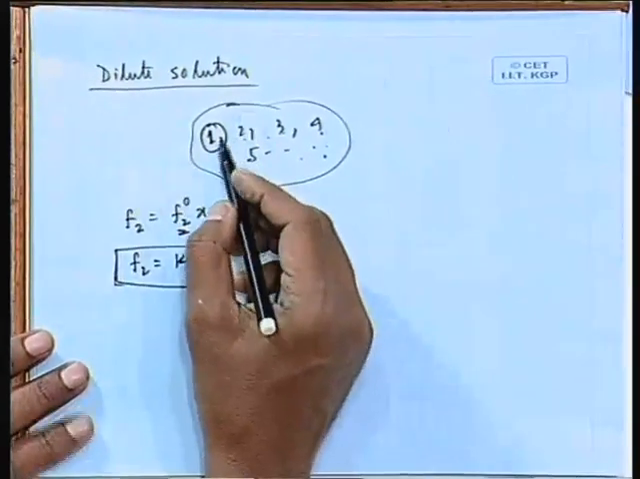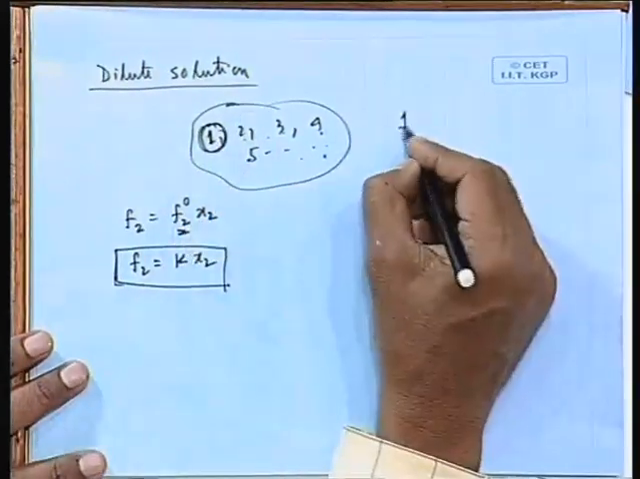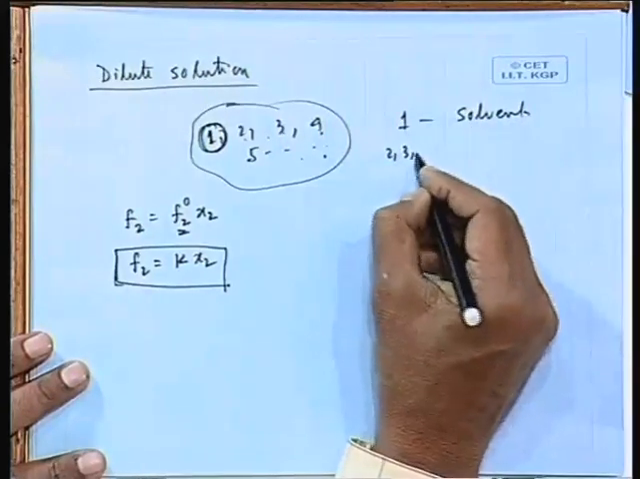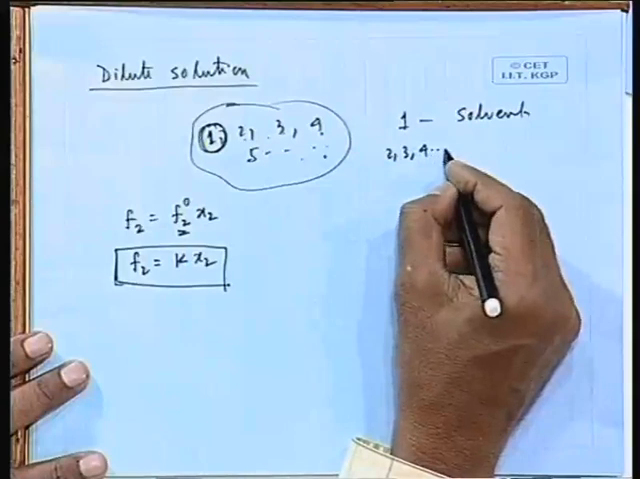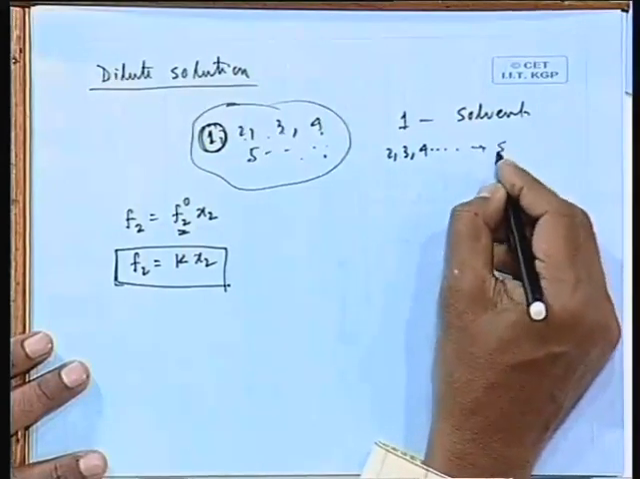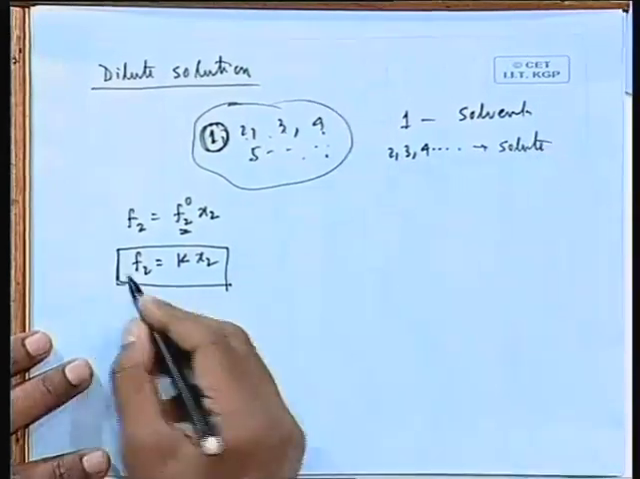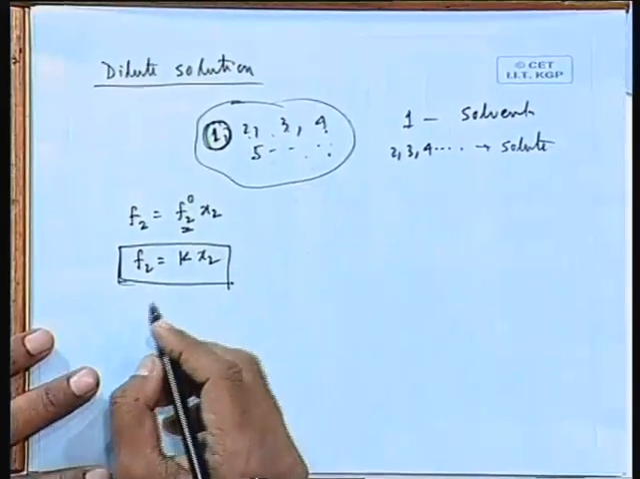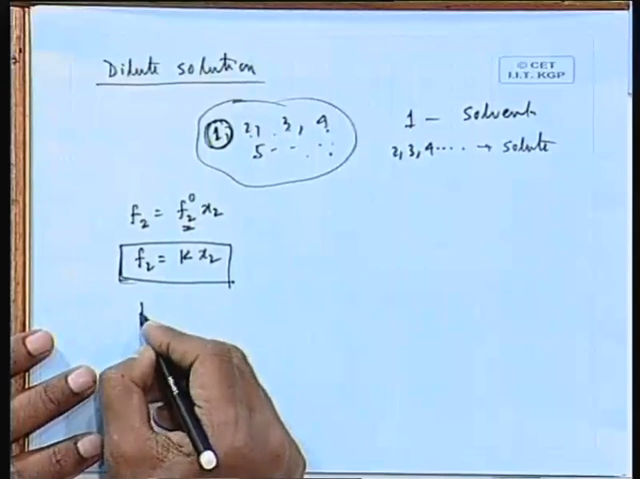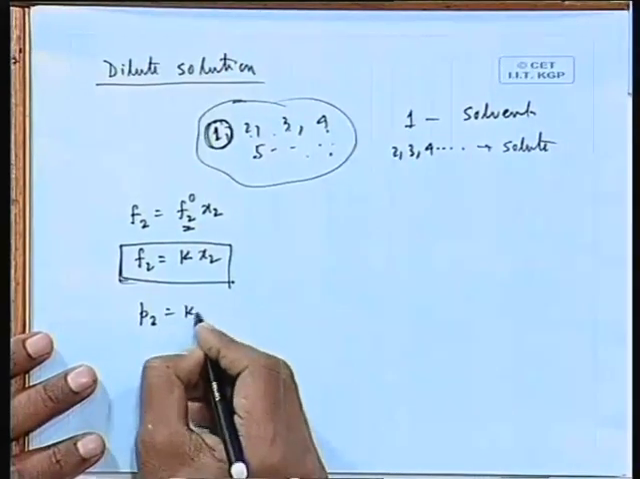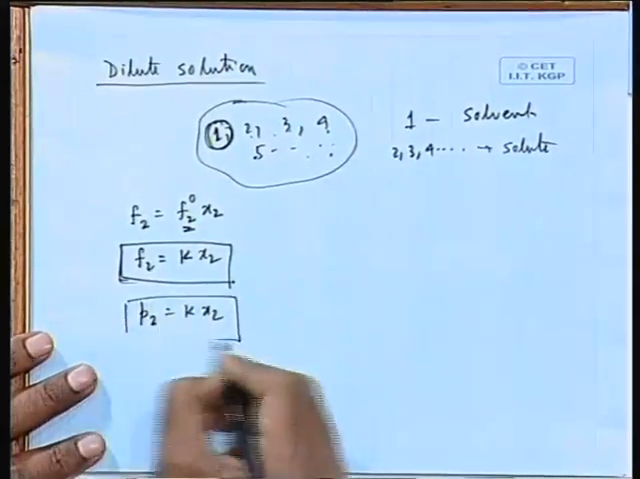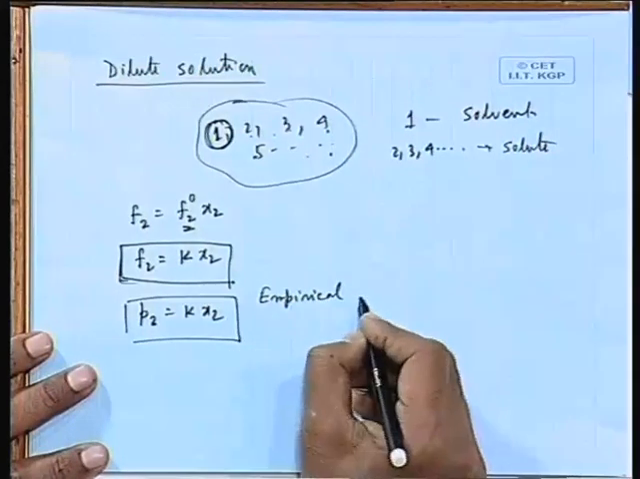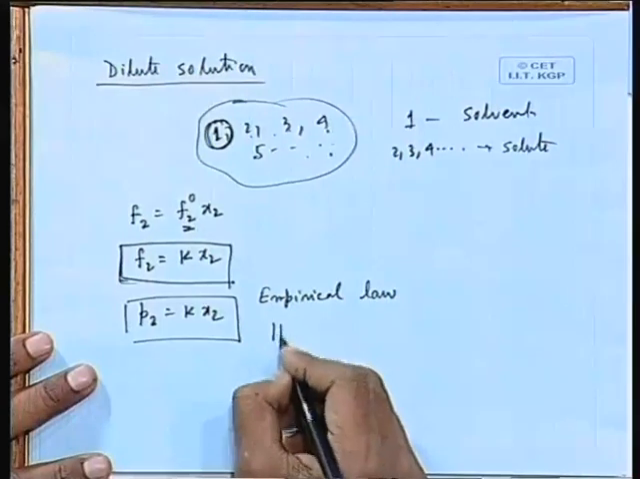Now in a dilute solution where one component dominates, this is known as the solvent, and the components which are dilute, that means which exist in meager amount, are known as solutes. So for any solute, this is the equation, because they behave as an ideal solution. And in fact, this was stated in terms of the partial pressure. This is an empirical law, found from experiments, and it was found by Henry and